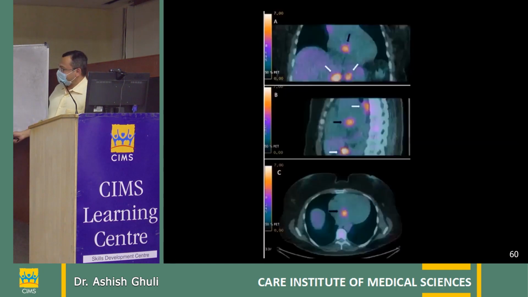This is a case with focal uptake in the interventricular septum. You see in the image, this is the heart, and again there is absolutely no glucose uptake in the heart. The inflamed part of the myocardium is nicely picked up in the interventricular septum. Extracardiac lesions are seen in the thorax as well as in the upper abdomen.